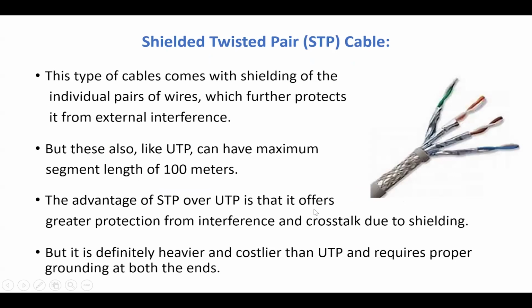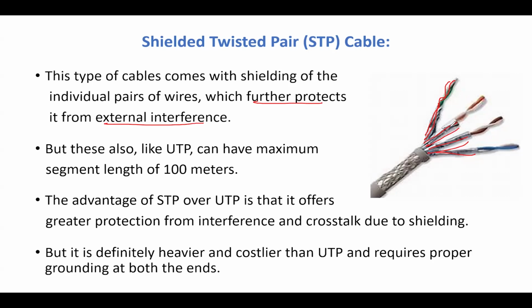Next one is a shielded twisted pair. Opposite to the UTP is STP. As you can see here, we also have twisted pairs, but they are individually insulated. Each of the pairs is insulated. So this type of cable comes with shielding of the individual pairs of wires, which further protects from external interference. So whenever we are transmitting data, if there is no extra shield, then what happens is the